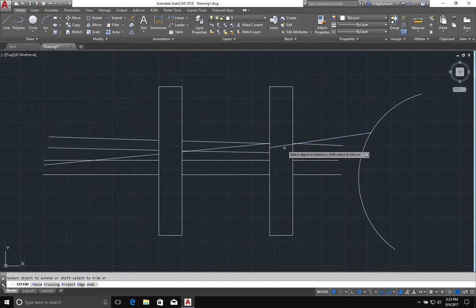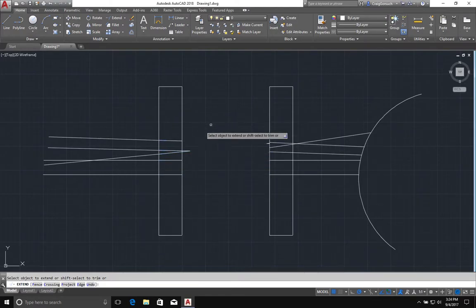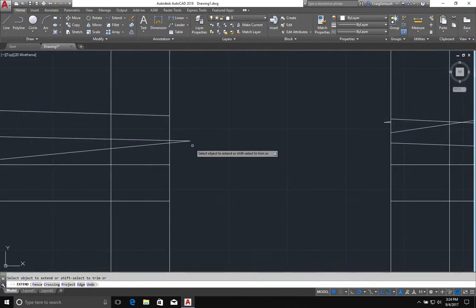If I did not want to extend this, or actually let's bring him down to there. If I clicked on something one time too many, if I shift click on that object, the extend tool now works as the trim command. So I can trim my way back. And I can extend using a crossing window, really speed things up. And then I can shift click and trim all that out. But you notice, since all objects are trimming all other objects, it doesn't always give the clean results that we want. But I can still extend